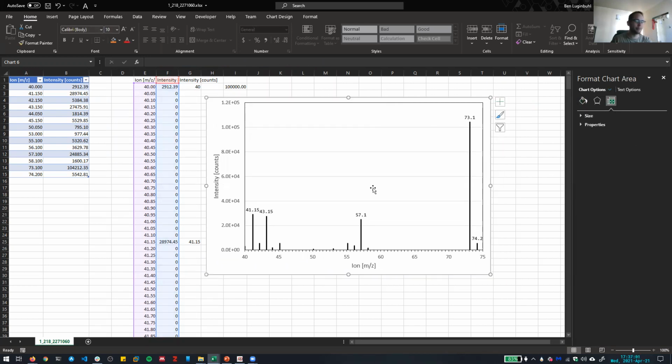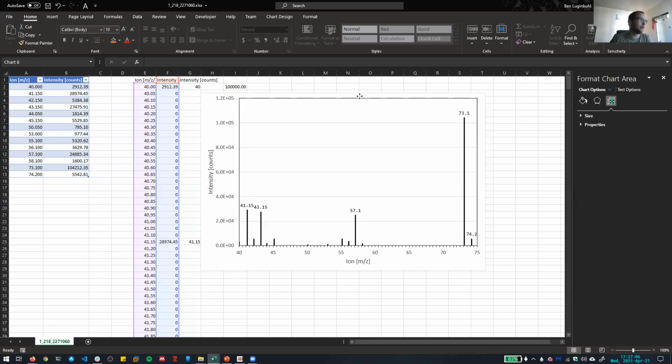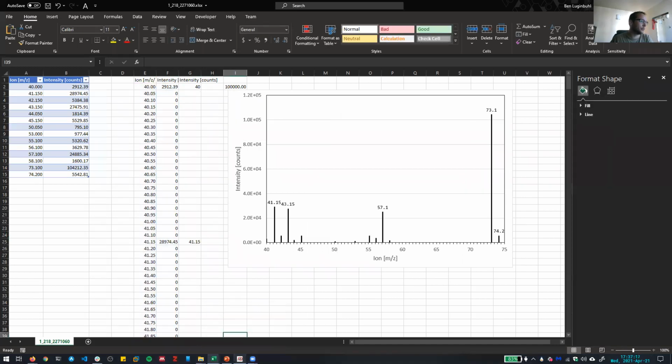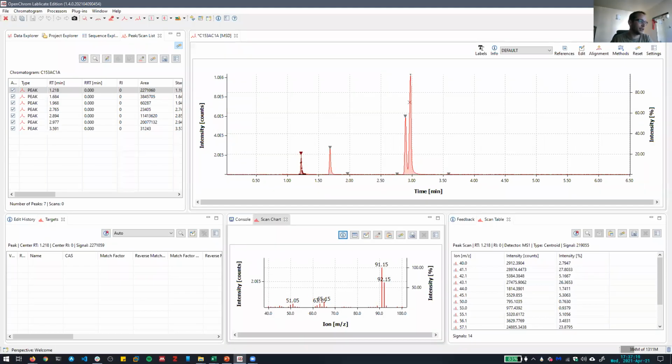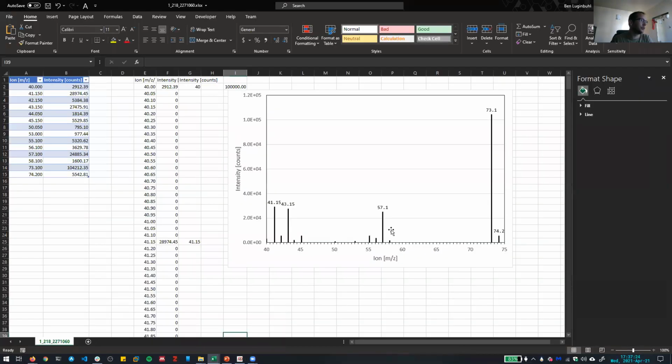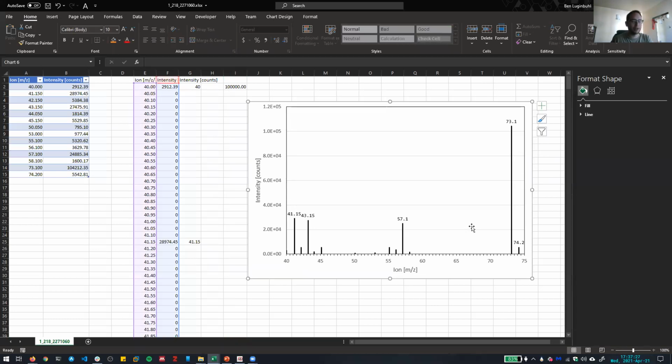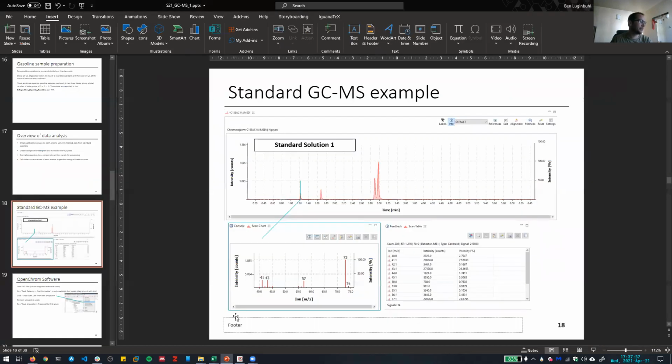But anyways, we can play around with this once we get through a discussion, and we can work together to figure this out. But for your actual reports, it'll be nice to generate plots like this, where you have the mass to charge ratio on the bottom, and then the intensity on the left. That closely mirrors what we see in here, where instead of just taking a screenshot of this, we're able to format it much more nicely to include in our report. So yeah, we'll play around with that a little bit more once we get towards the end of class, or we can do it again on Monday, something like that. But same procedure here. Okay, so let's jump back to the PowerPoint real quick